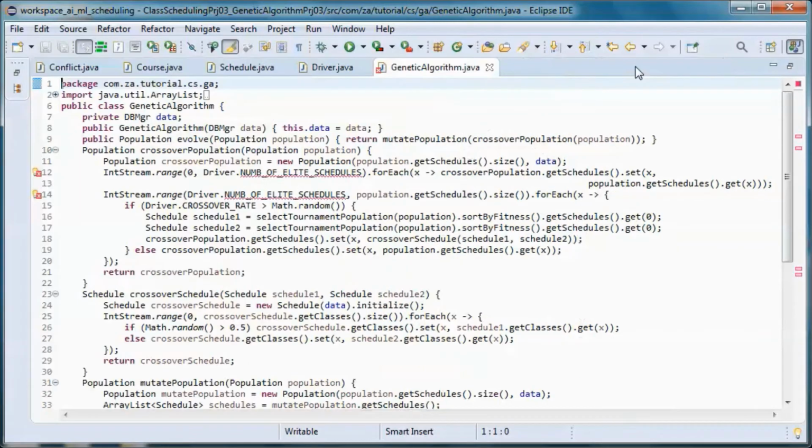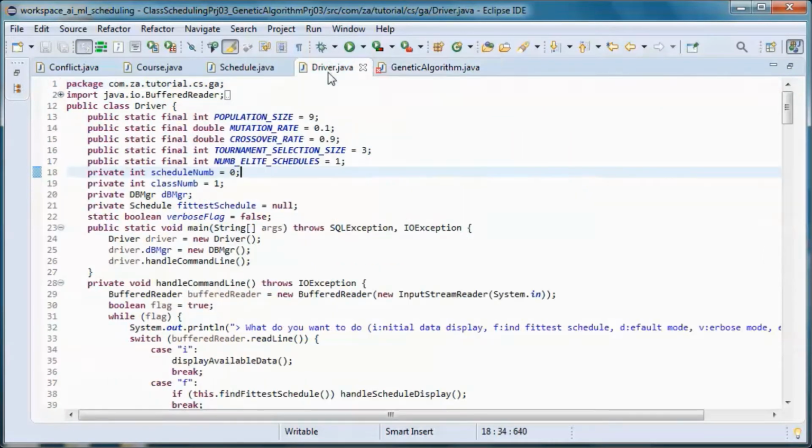So we need to update those to reflect the name change.